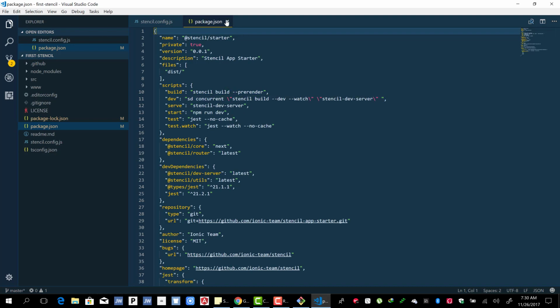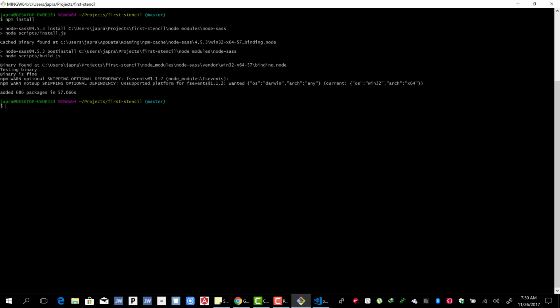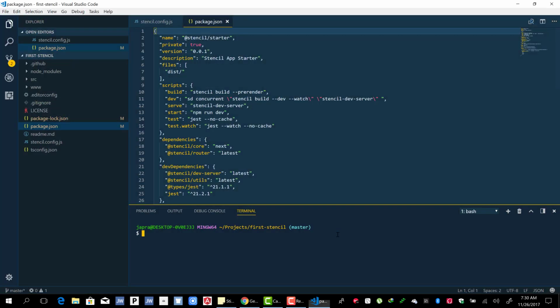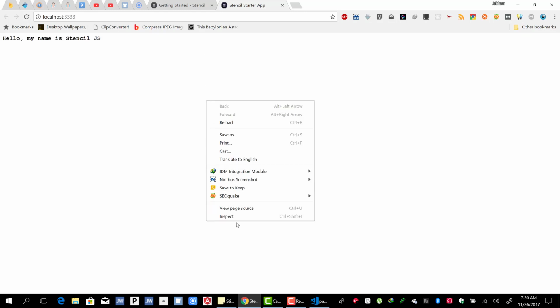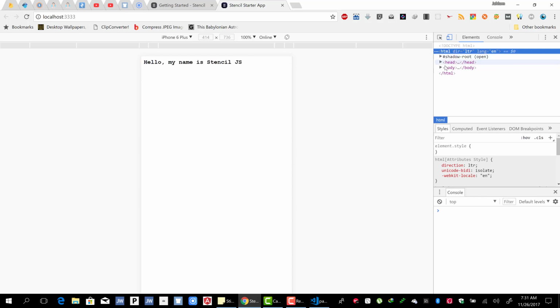All right, so let's see. Well, everything has been installed. So let's run npm start, and there we go. Initializing first build. You see, it looks kind of like Ionic. Yeah. So that's it. Hello, my name is Stenciljs, and this part is actually